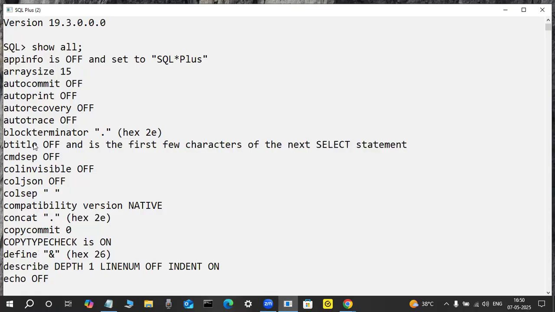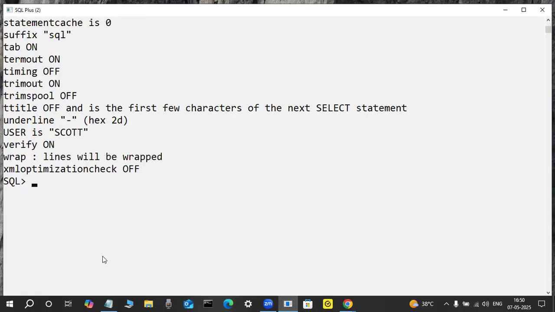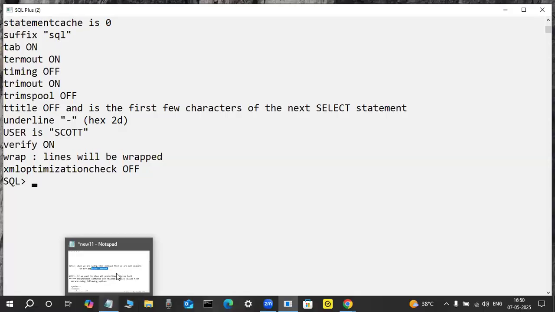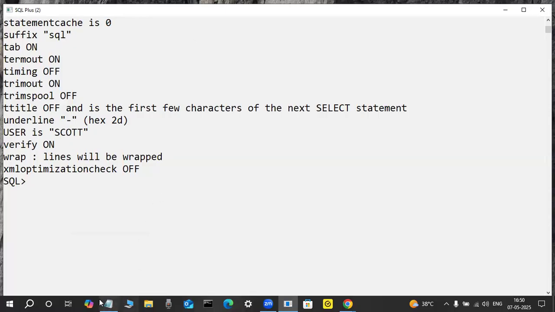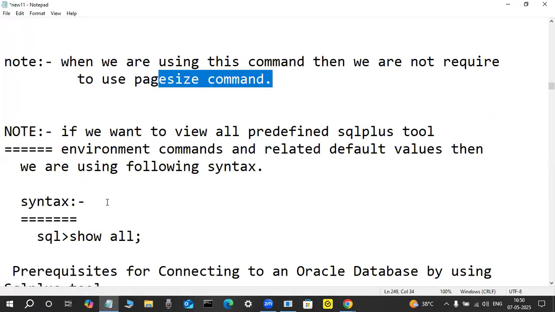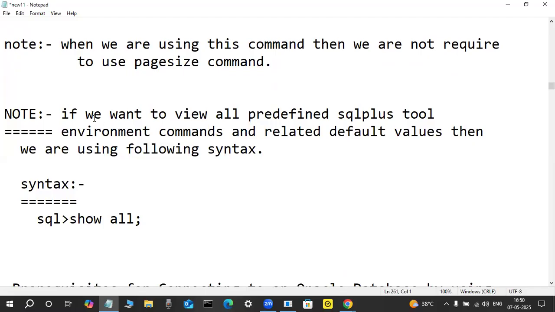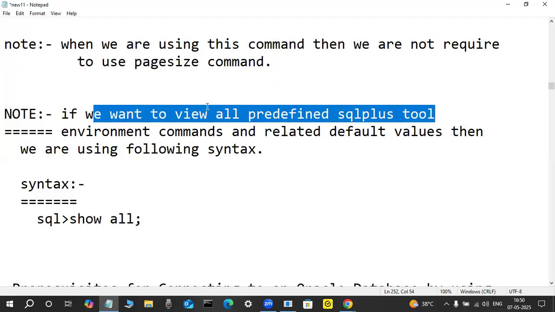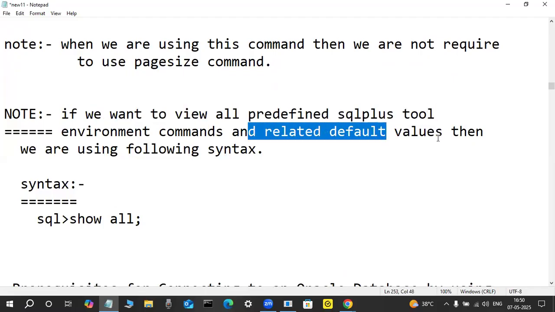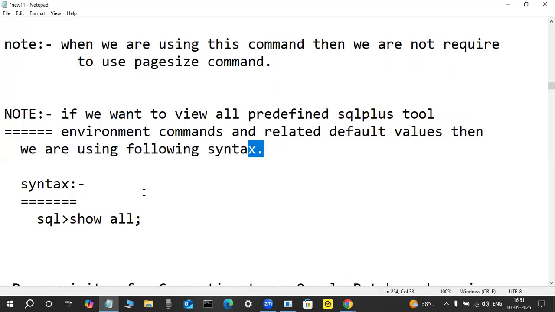These are all things you are not using. Just if you are interested to view this, yes, it is possible. This is not a SQL language command, it is a SQL*Plus tool command. That's why yesterday I told you the tool diagrammatically, fast. Now observe here. If you want to view all predefined SQL*Plus tool environment commands and related default values, then we use the following syntax: SHOW ALL;